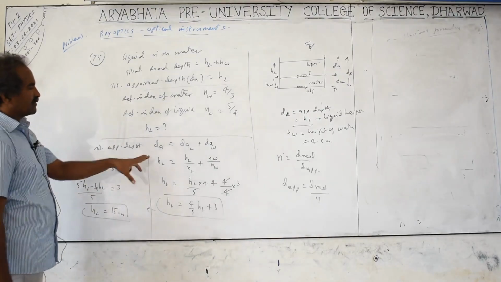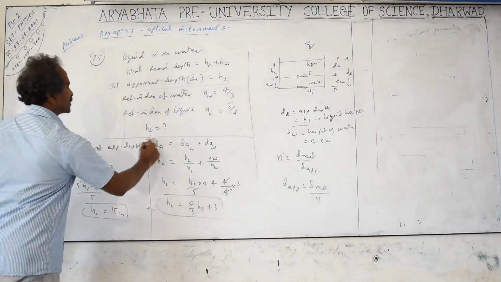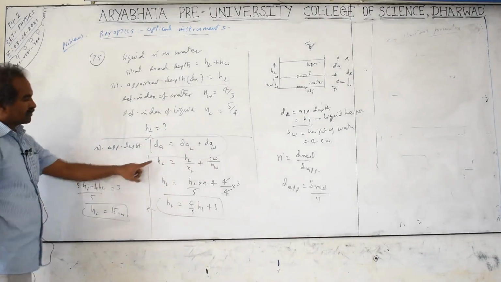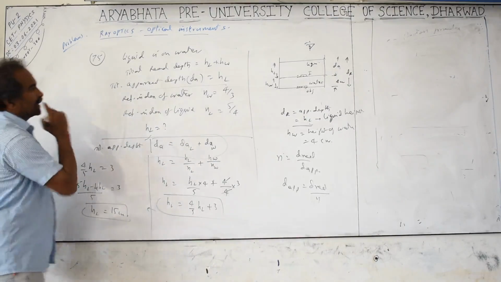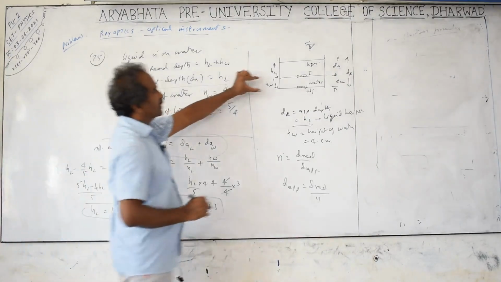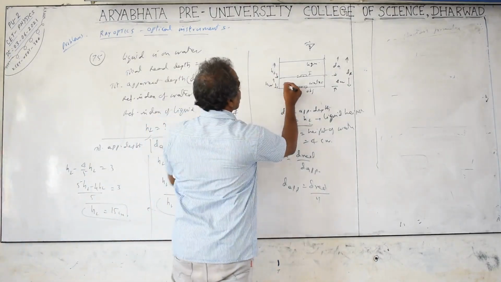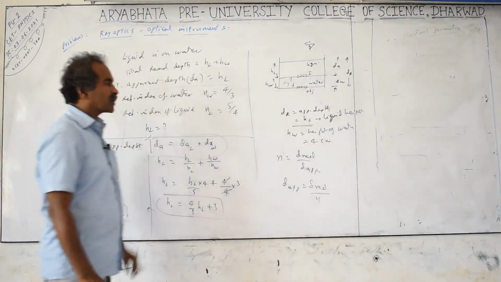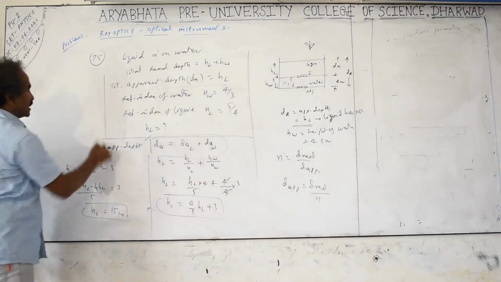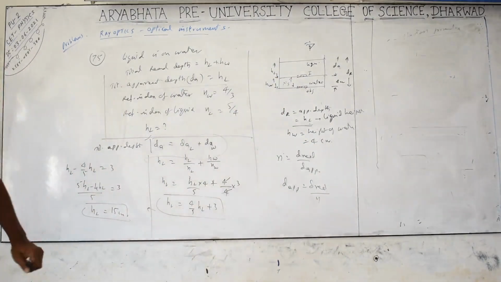You can take this formula directly and calculate it, the apparent depth formula. From here you can also take the steps. Another formula we can use is the normal shift. Normal shift is equal to the height of the water. This shift itself is the normal shift. We can take care of the total normal shift; that is another method we can follow, but that takes more steps maybe.